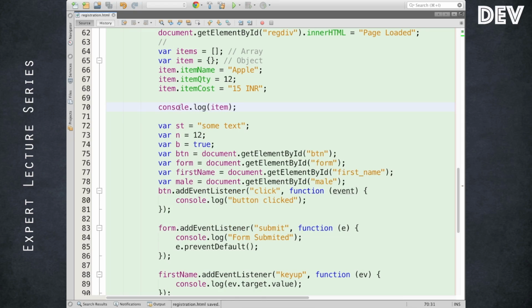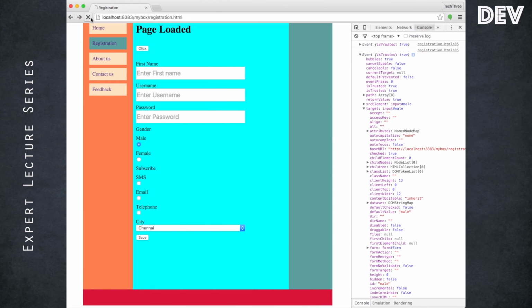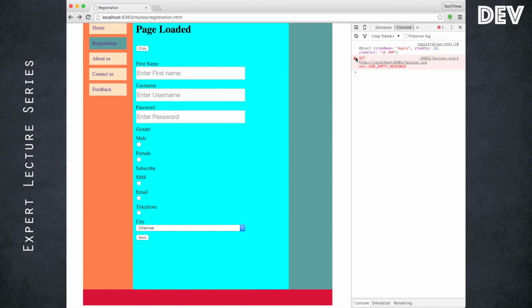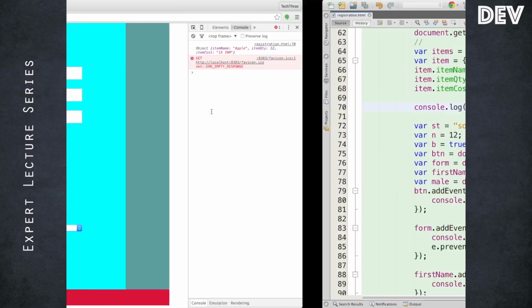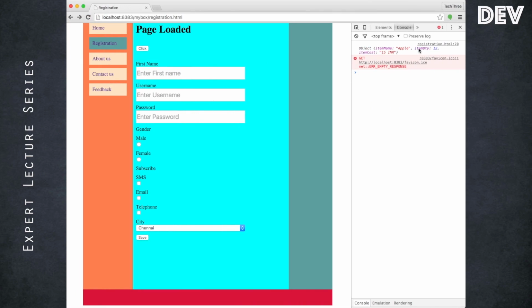Hopefully it is going to run immediately as I start or refresh the code. Okay, I think that error we don't need to worry about. We see the output, where I'm trying to output the object called item. It is printing item name, item quantity, item cost. This is composite information